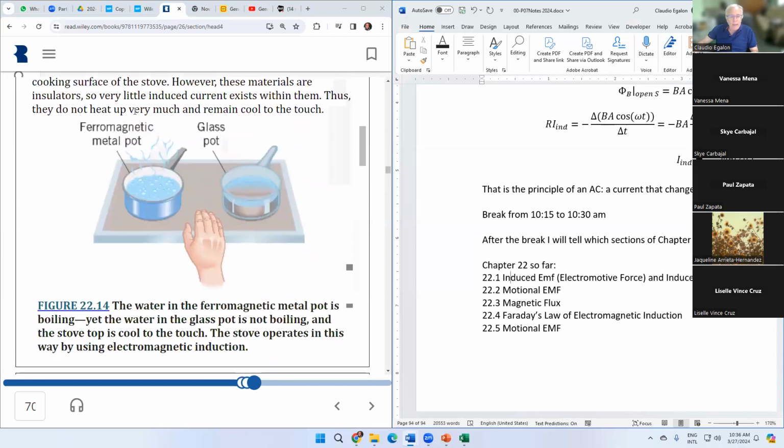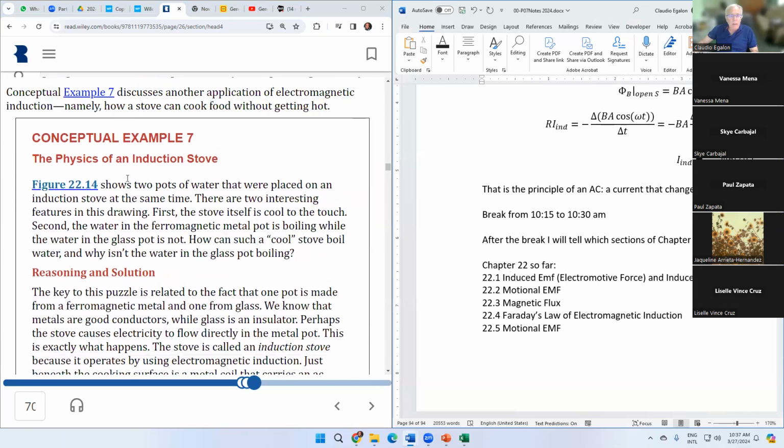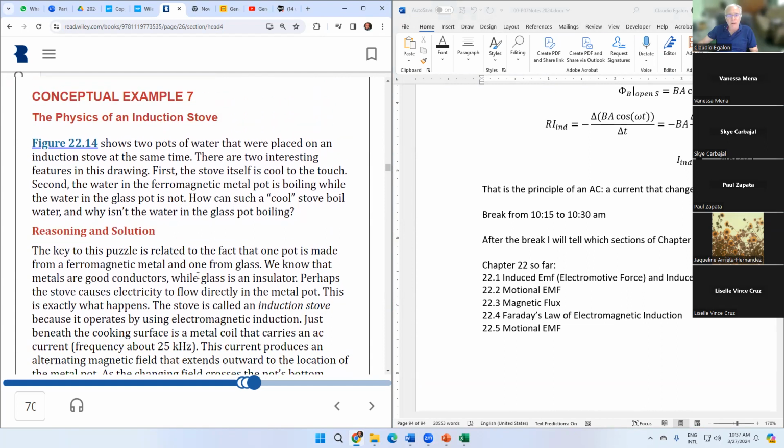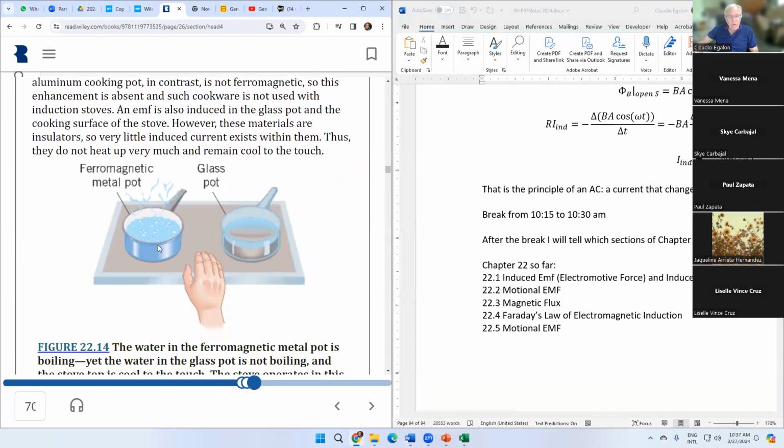Okay. Oh, that's one other application of electromagnetic induction. Have you heard of the induction stove? So it's an interesting concept. If you want to warm up your food or your water, you don't need to turn on the fire or even the resistor. You use an induction stove in which you can touch the surface and it's not hot. It's not like those stoves that have a very large resistance that becomes hot, right? In the induction stove,